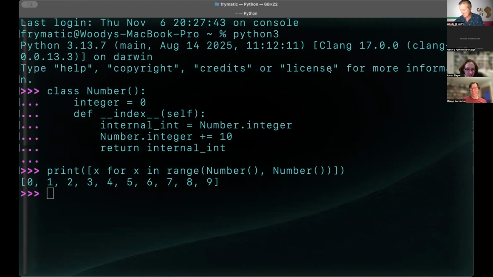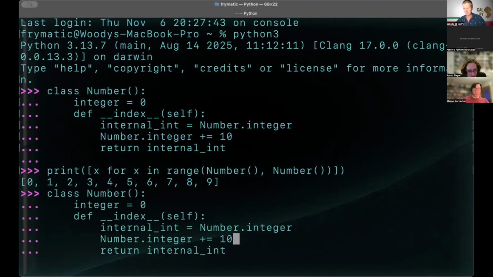If we were to copy Aaron's code, n equals number, and then... Oh yeah. Sure, but you have to redefine the class, or you'll get a different answer. Oh, I see. Because the class now has whatever it is, 20, as its internal value. But if you redefine the class, then it'll reset everything.